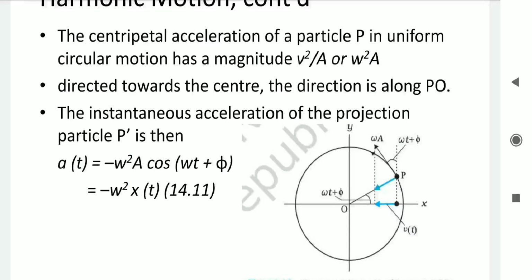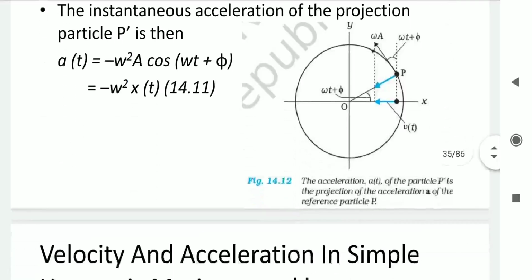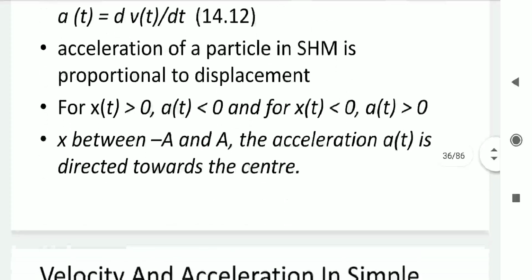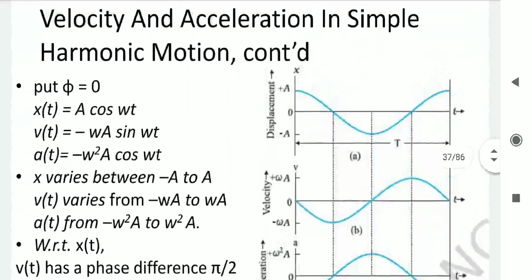between. So we can say that when distance increases, acceleration reduces, and when displacement x of t is less than 0, then a of t is greater than 0. So displacement is available from minus a to a onto the linear diameter axis, and based on that acceleration is available towards the center. Now in all these three equations of displacement, velocity and acceleration, let us substitute phi equal